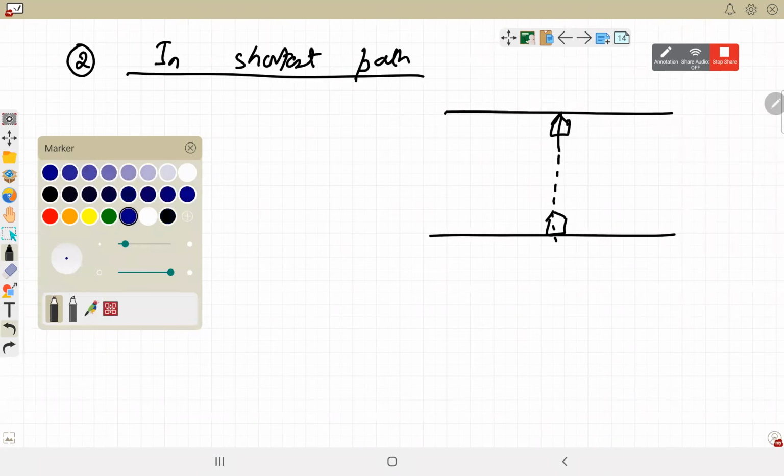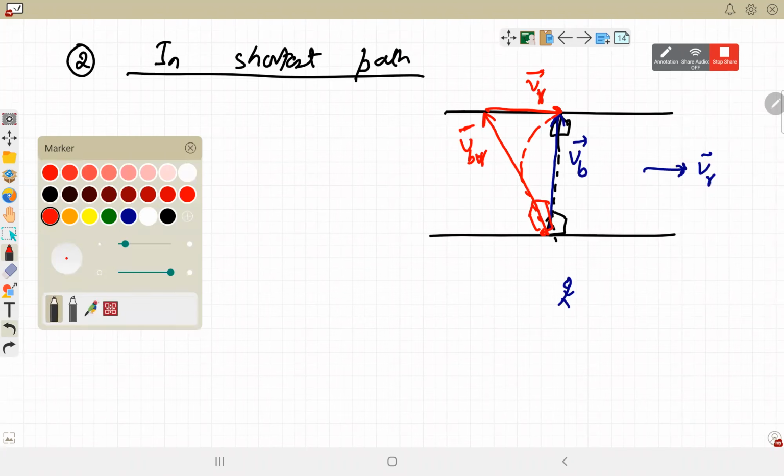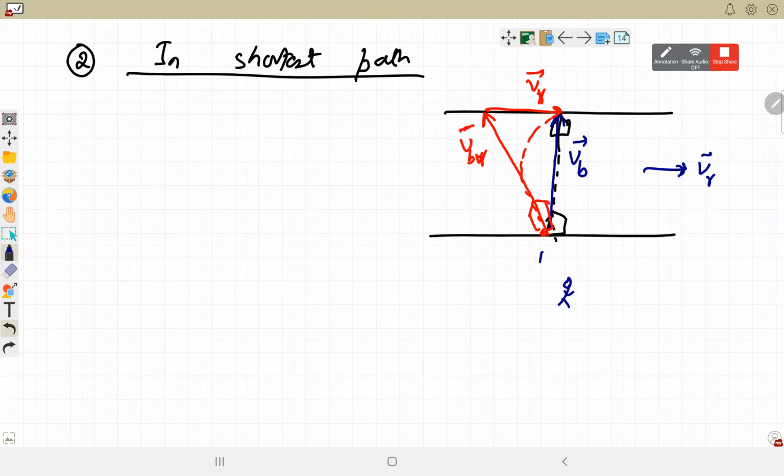So this will not be the actual velocity now. This should not be the velocity of boat in still water. This should be the actual velocity with respect to Earth, VB. So VBR has to be slightly behind, so that velocity of boat with respect to river and velocity of river both are added. It becomes VB. So the boat has to start slightly upstream, and then it gets drifted back to the exactly opposite point. So shortest path का मतलब exactly reaching the opposite bank.